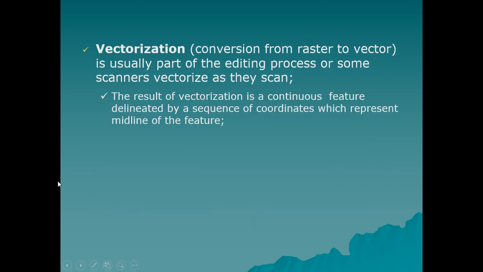Alright, and then again, as mentioned earlier, vectorization would be the process of converting from raster to vector or vector to raster. And this must be part of the editing process as well, or this is part of the editing process. And the result of vectorization is a continuous feature delineated by a sequence of coordinates that represent the midline of